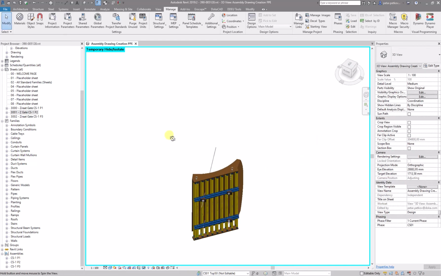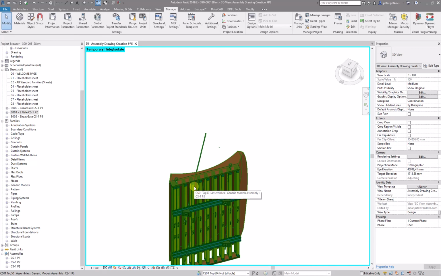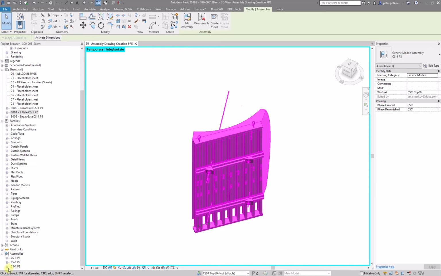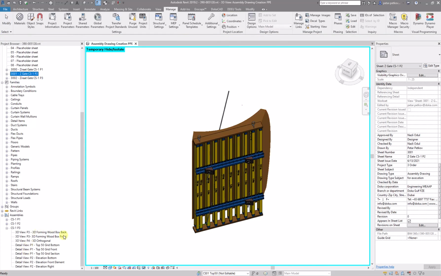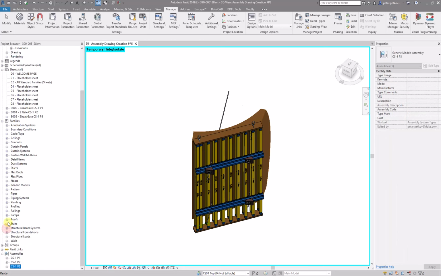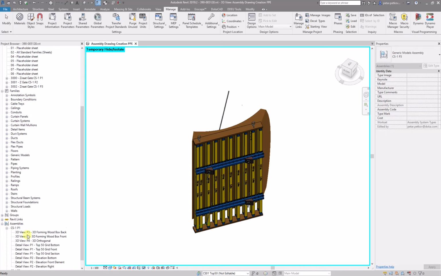The next thing that we have to verify is whether this is the actual assembly that we want. So when you select it, now this whole thing is like one block that contains everything that we selected. We verify that it's an assembly and that the name is correct. So CS1 P3 is the name of this assembly, and this is also shown here in the project browser. If you click the plus, you can see the 9 automatically created views that the script created. Also, you can see the same thing on